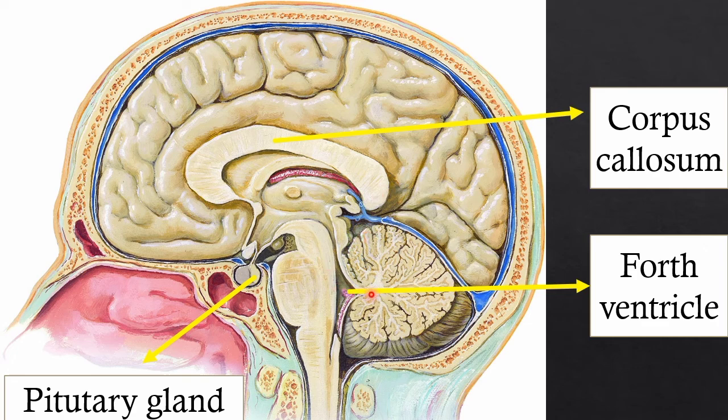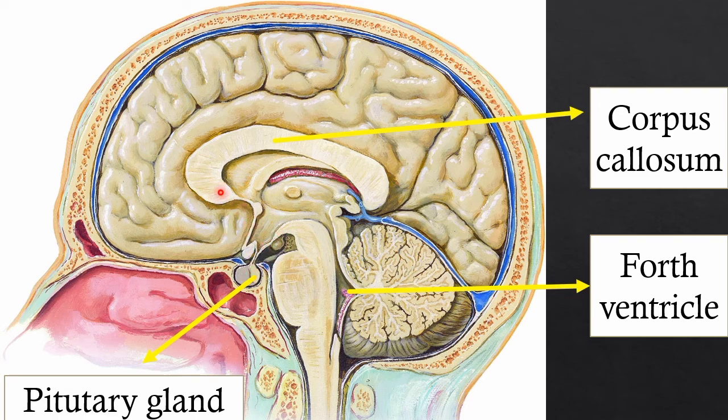Then the next structure usually they ask is the fourth ventricle. How to identify the fourth ventricle? Exactly in front of the cerebellum, there is a triangular shaped structure, just like a tent. That is nothing but the fourth ventricle. They may ask what the openings of the fourth ventricle are. Then the next structure is just below